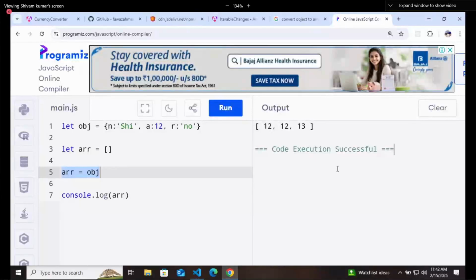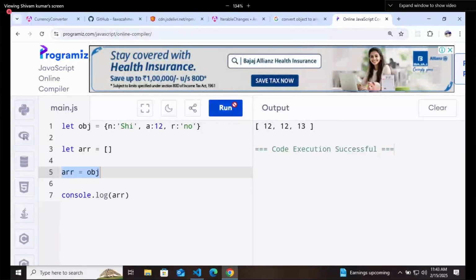Converting an object into an array. Yes, this is from JavaScript, guys. How to convert objects into array.